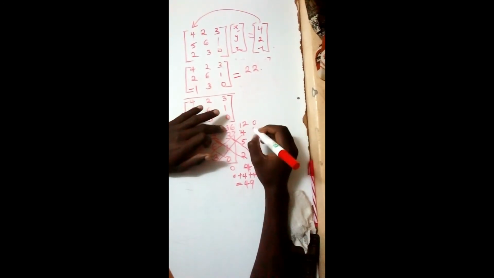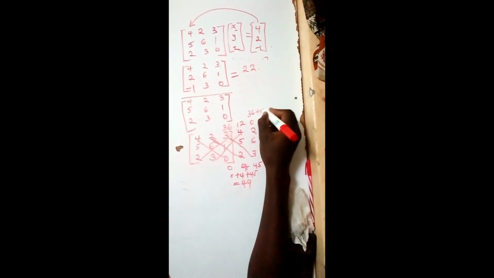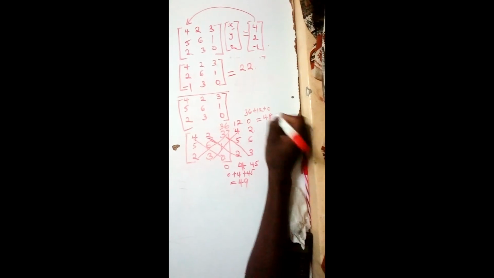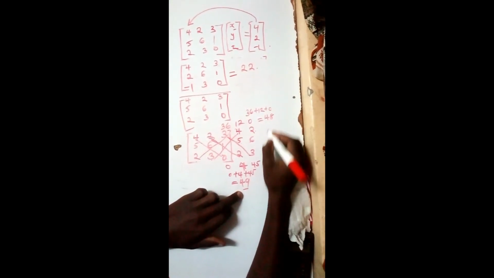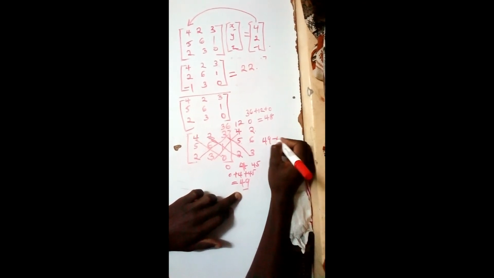Then let's come also to this, which is 36 plus 12 plus 0, which is going to give us 48. Then as always, you're going to get principal diagonal minus secondary diagonal, which is 49 minus 48, which